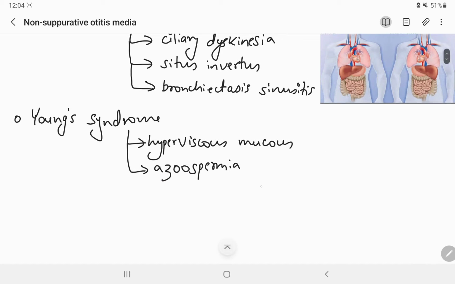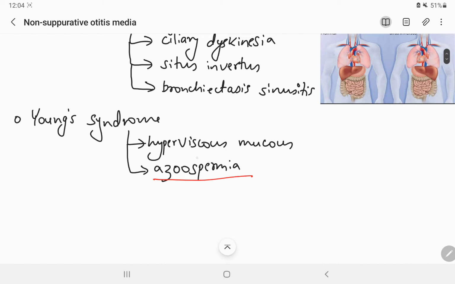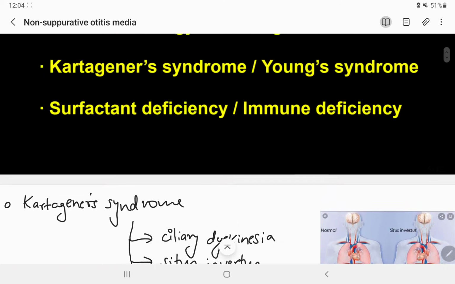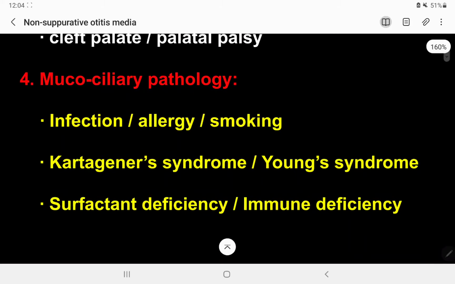So there will be no sperm production in a child with Young syndrome, and their mucus will be hyperviscous. Kartagener syndrome means ciliary dyskinesia, situs inversus, bronchiectasis, and sinusitis. Young syndrome constitutes hyperviscous mucus and azoospermia. So these all come under mucociliary pathology, and there will be other causes like surfactant deficiency or immune